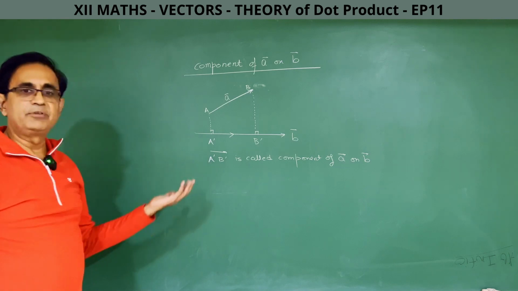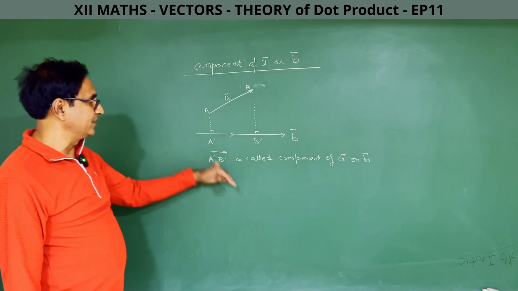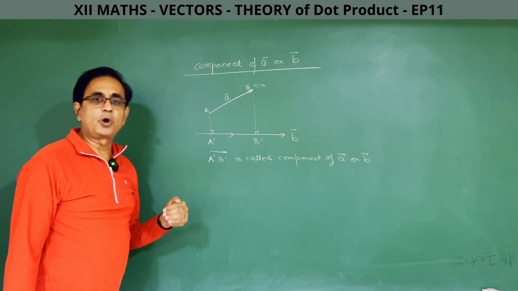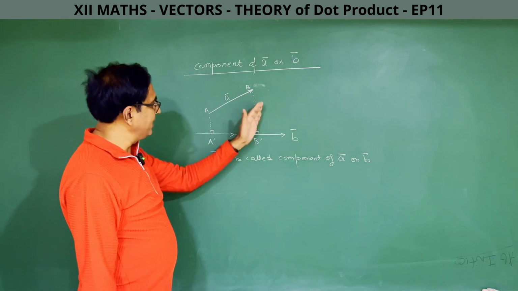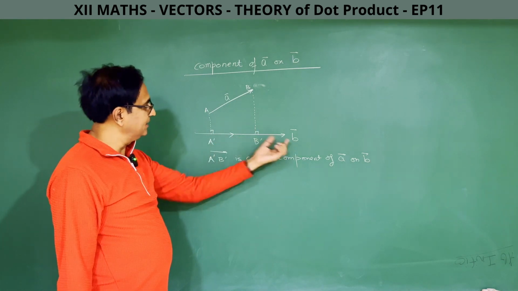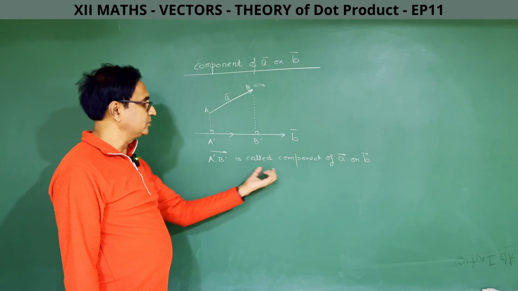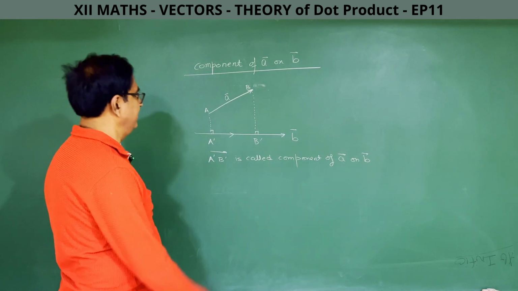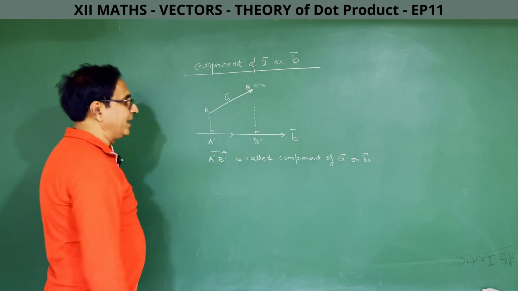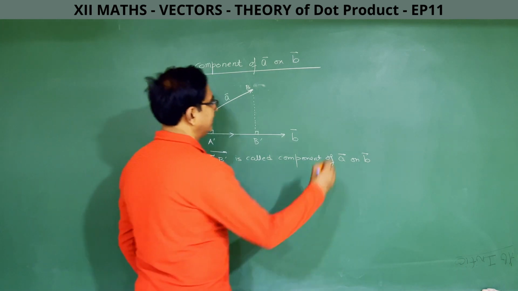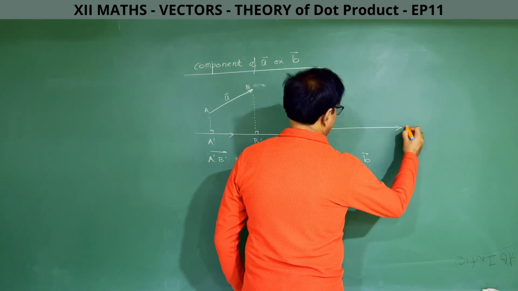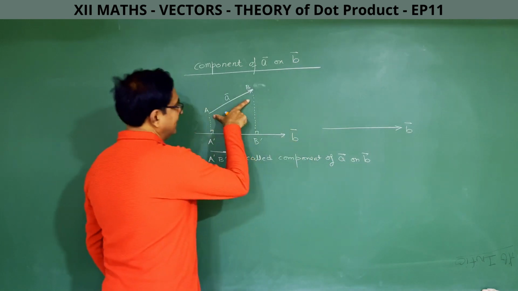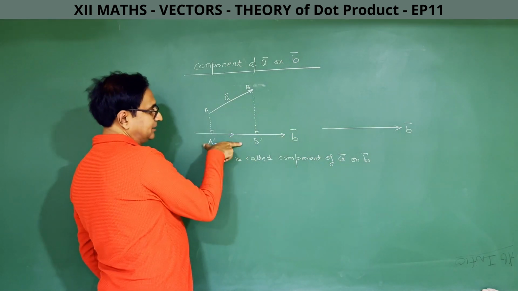So even if you have not seen the previous lecture, you can understand it. How do we find the component of vector A on vector B? Drop your anchors. The intercept made on the base vector B, the A dash B dash vector, is called the component of A on B. Now instead of dropping two anchors, I can drop one anchor as well. You see, vectors can be moved freely in the space. So I can move this vector AB so that it touches vector B.